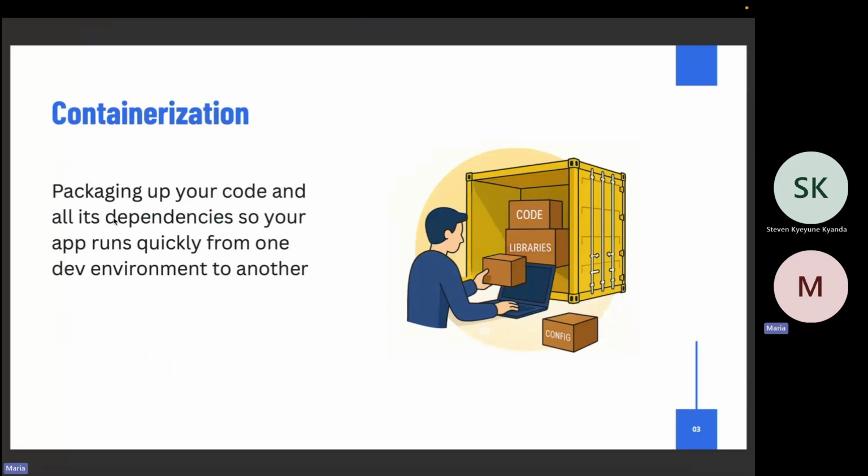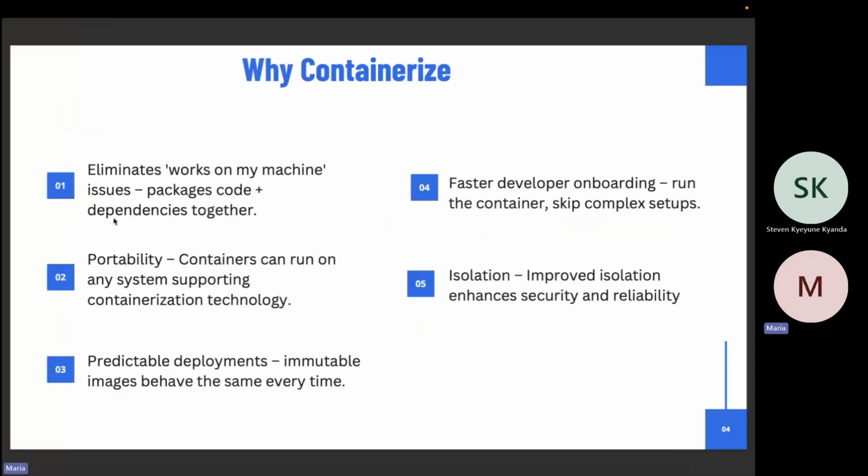We could use the analogy of a ship. You're trying to ship your products from one port to another. So this is the same thing. You package your application and everything that's needed to run your application so you can run it on different environments. So it can be able to run on the dev, on the test, or on the production environment without any problem, and another developer can easily borrow your image to run it on their machines without a problem.